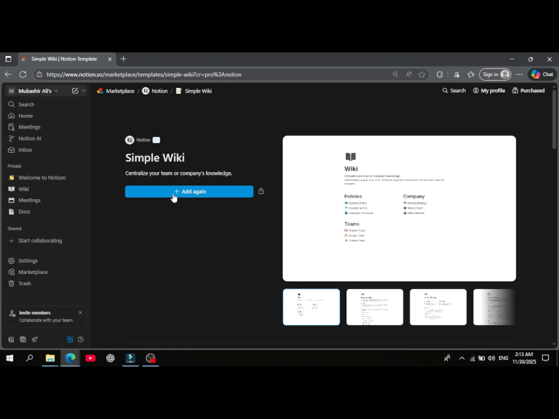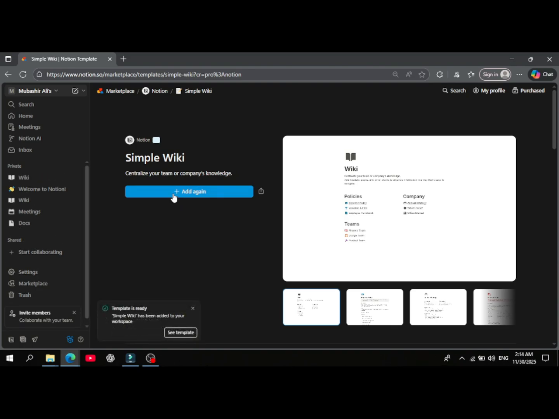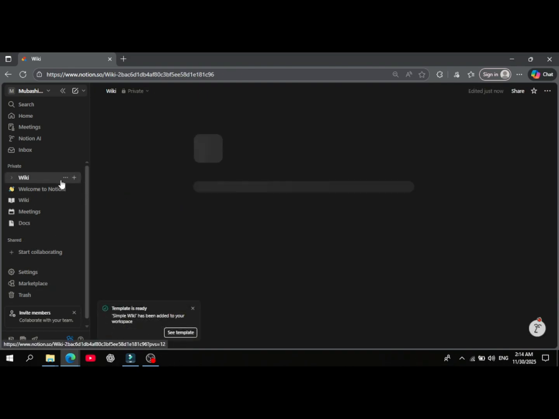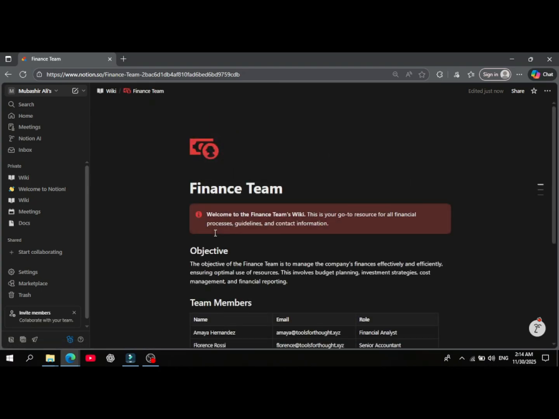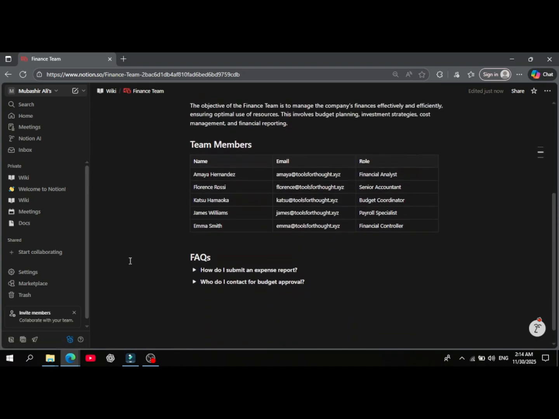built-in search bar. Now you can personalize your wiki by adding pages, uploading content, changing layouts, and customizing colors or icons. Add a welcome message or logo to make it feel uniquely yours. Notion makes it easy to gradually tweak your wiki as your needs